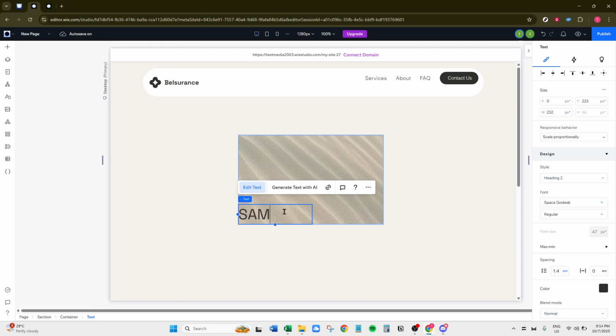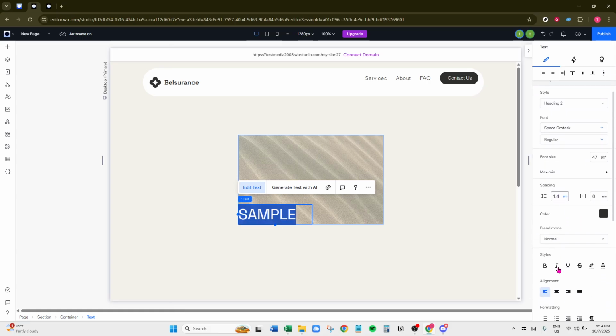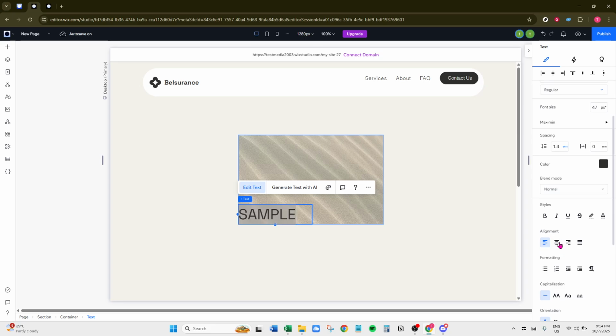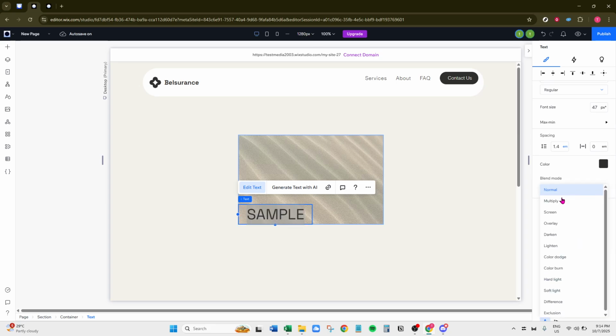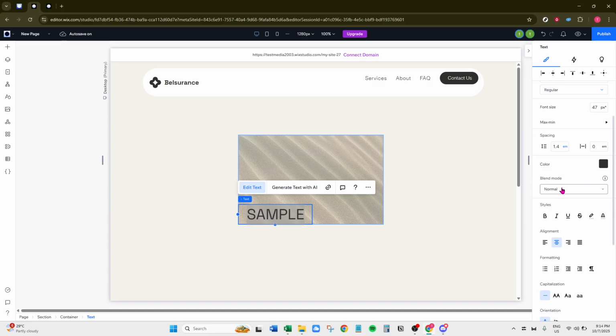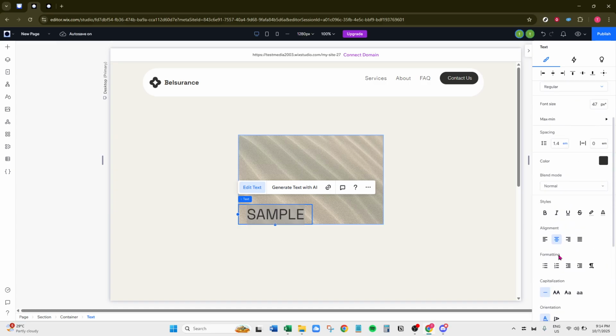With the container in place, it's time to replace the default image, if there is one, with the one you want your users to see. So, make sure to click on the Change Image button and pick the image that you want to exhibit on your site. Next, it's time to focus on adding the text overlay.